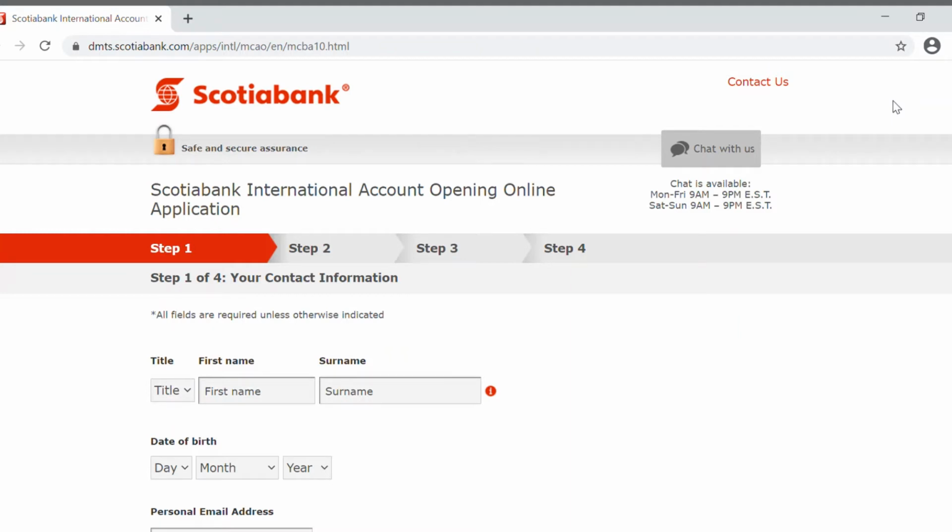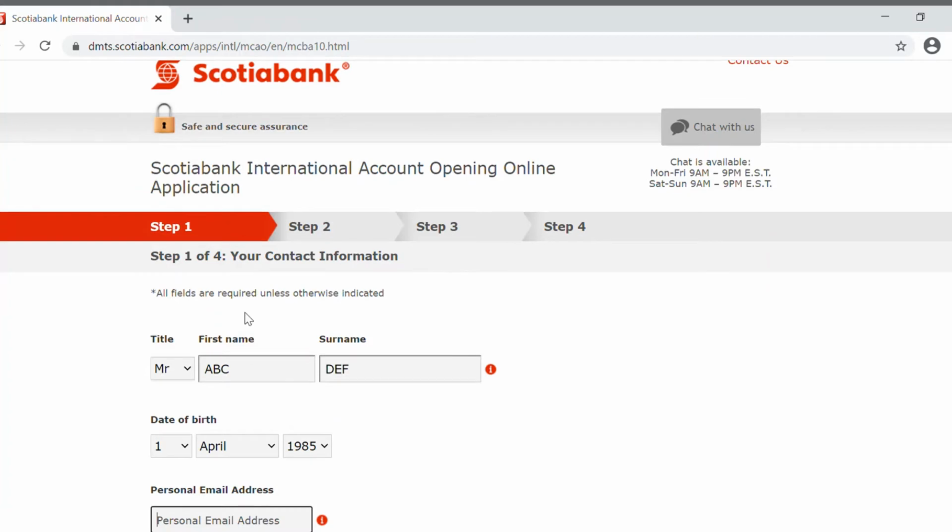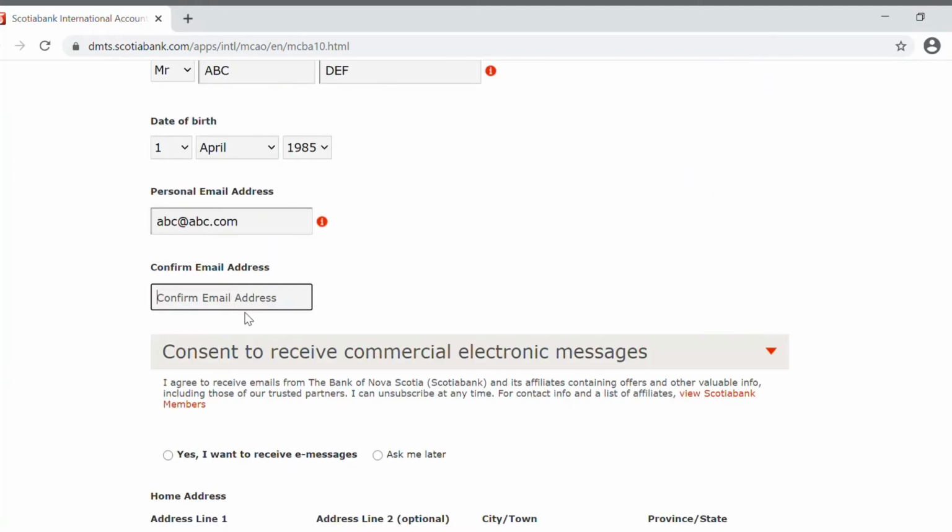Now on this page we have to fill in all the information. I am putting in all dummy data. The first name, just type ABC, surname DEF, date of birth 1 April 1985, email abc@abc.com, retype your email address abc@abc.com.